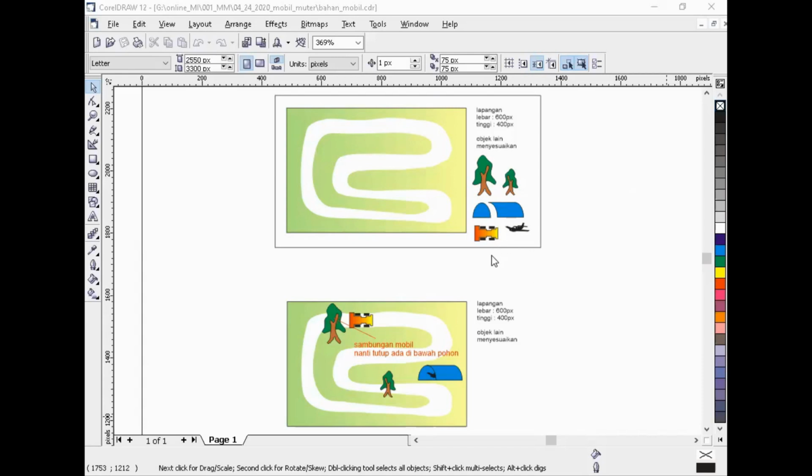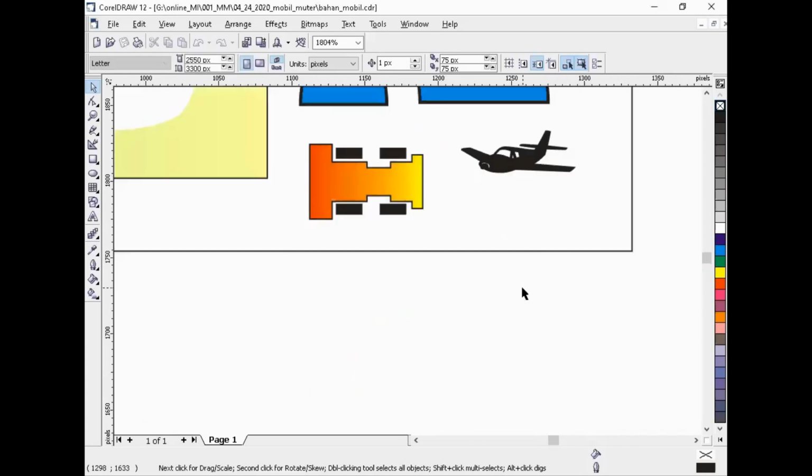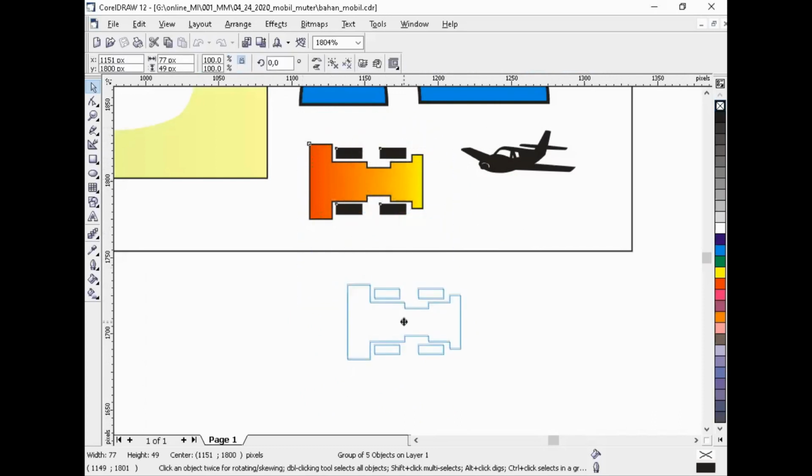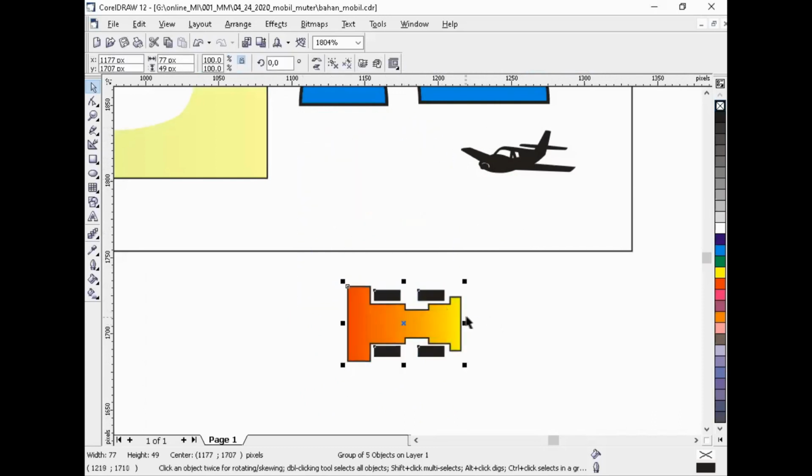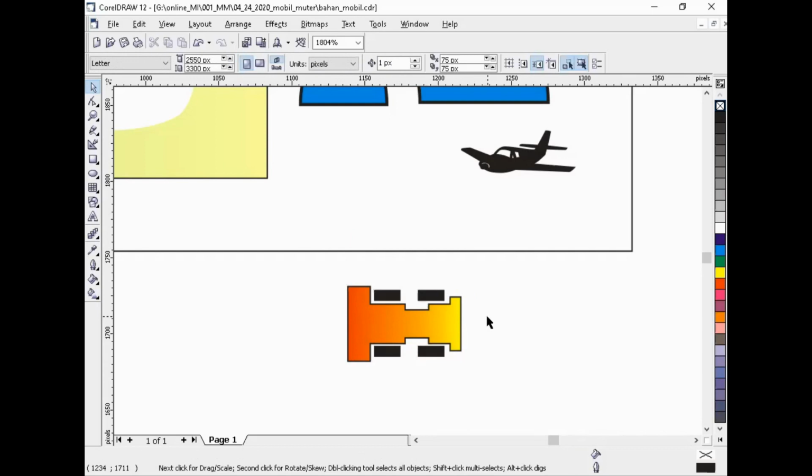Okay, for example, I have an object that looks like this. It's a car, maybe, and we see it from the top. Okay, I will explain.